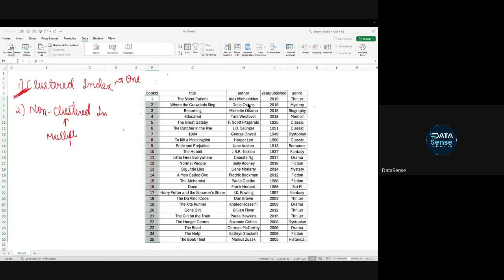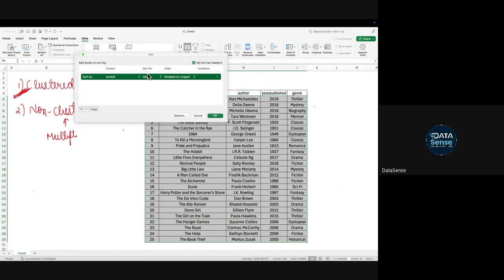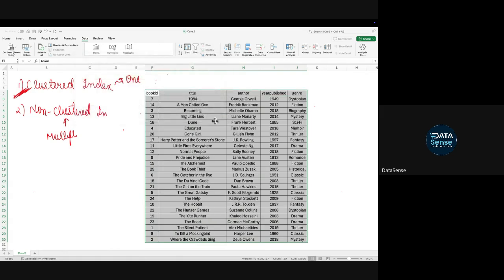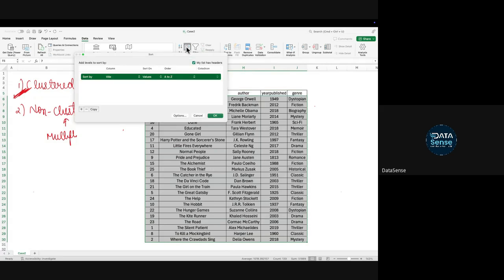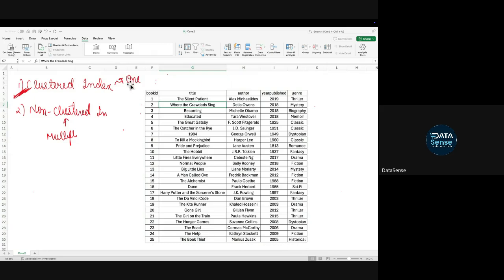Thing is that if the data is sorted on book ID, it cannot be sorted on some other column. I mean, it may or may not, but you cannot say the data is sorted on book ID as well as on title, right? Because if you try to sort on title, the sorting of book ID will change. Now the data is sorted on title, but it is not sorted on book ID, correct? Of course, luckily there can be a scenario where if you sort on book ID, title is automatically sorted too. But that is a very rare case, generally it does not happen. And that's just by luck, that's not actual sorting. So that's why you use only one clustered index.